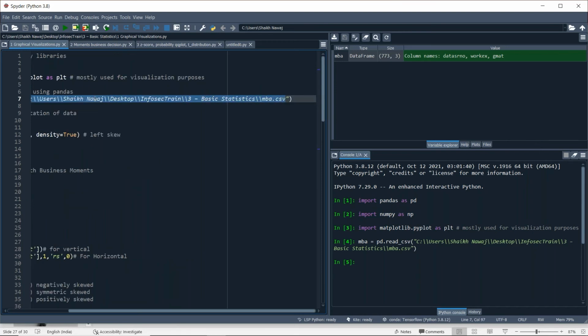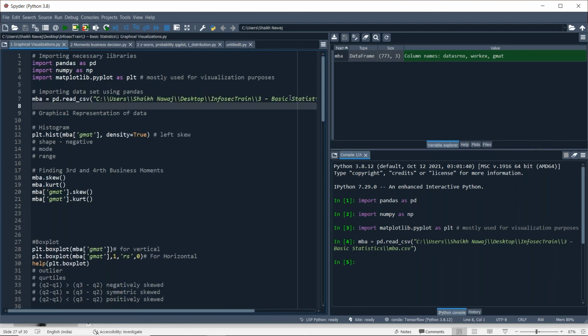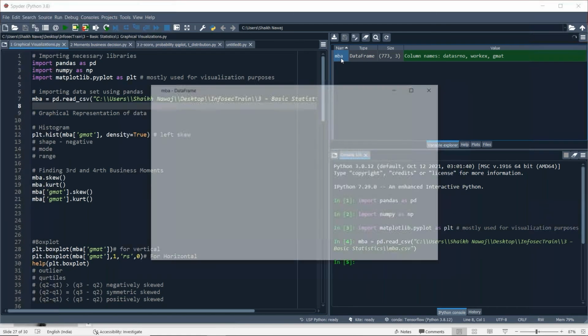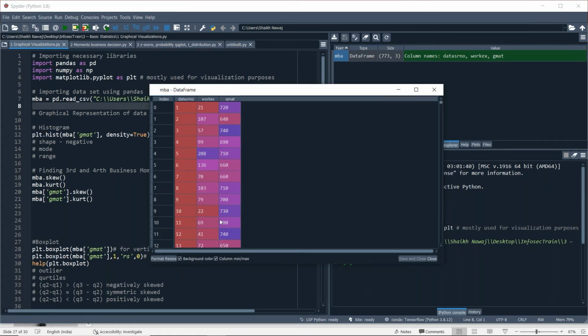By using this path, you can easily read the CSV file, your data. Then here you will see the data set.